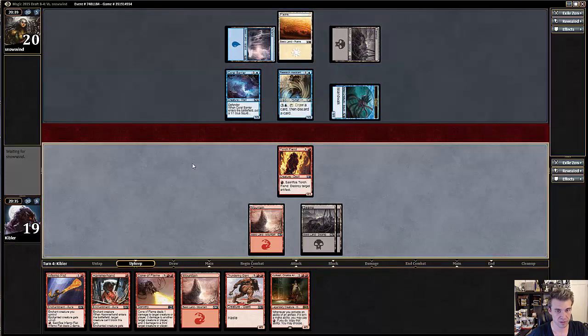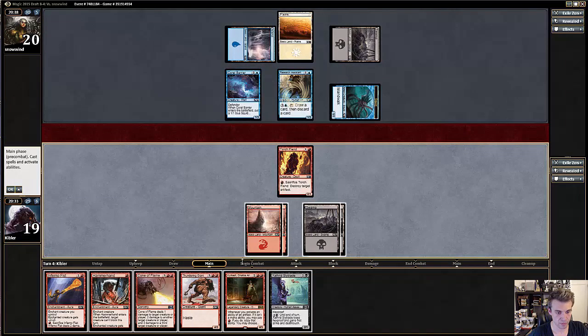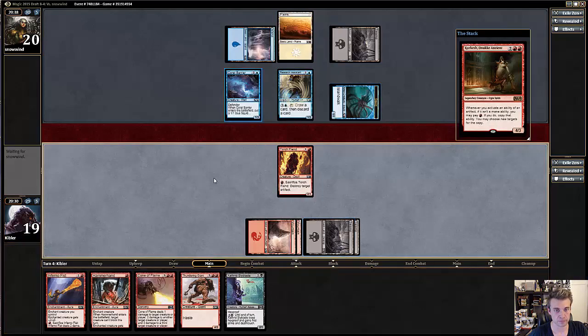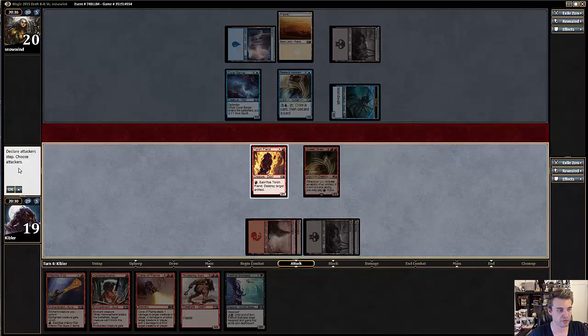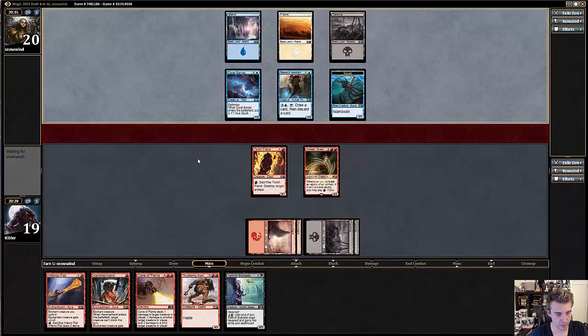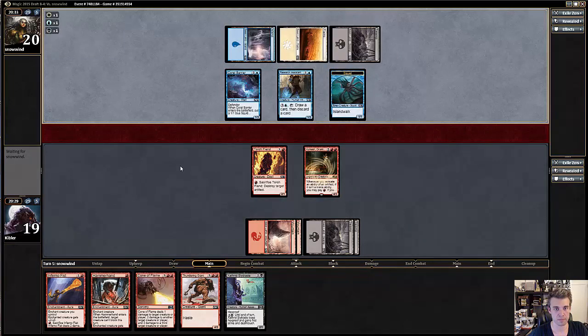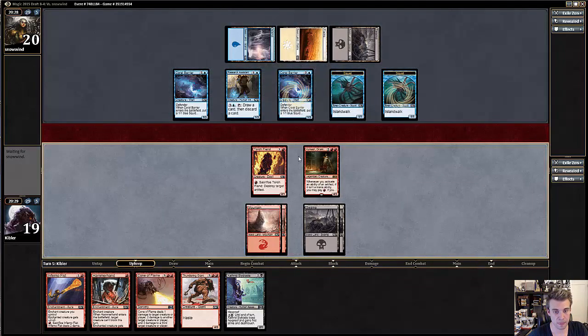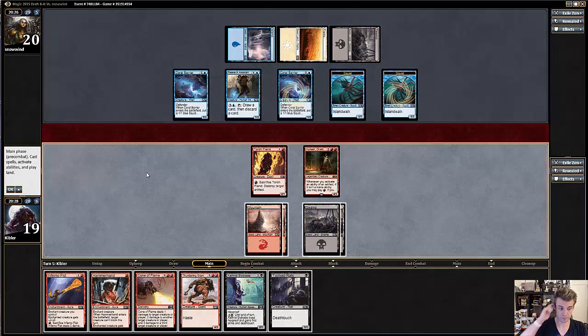Research Assistant, okay. All right, well, I'm gonna play this guy. Prepare for beatdowns. Another Barrier, jeez. Guy's on mono Barrier control. All right. Well,